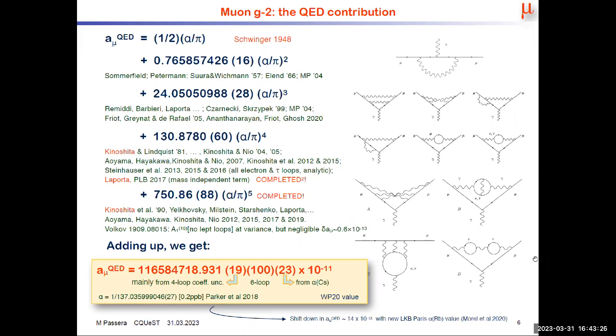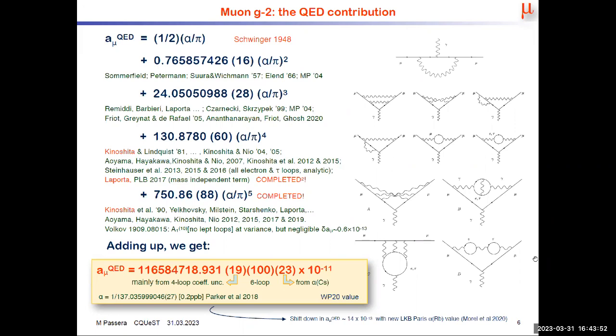This is an enormous effort, and today it is sometimes taken a little bit for granted because this has been done a few years ago, with recent refinements, but still the bulk has been done a few years ago. So people tend to forget it. But if we are able to talk about the electron or muon g-2, it is thanks to the work of these people for decades. Okay, the first calculation was done in '48, and in the '50s was the first calculation